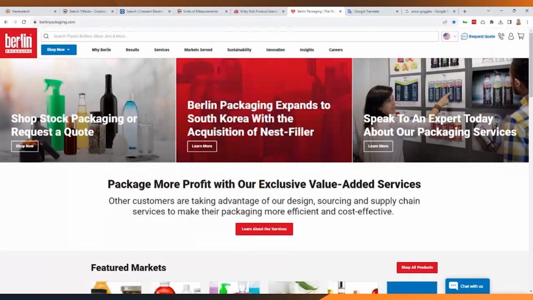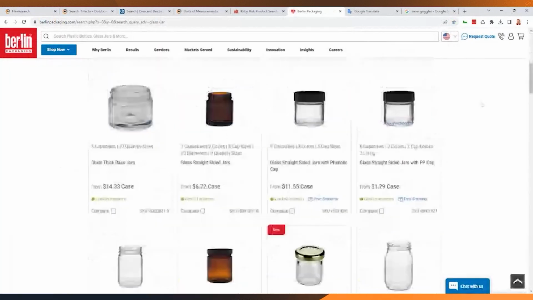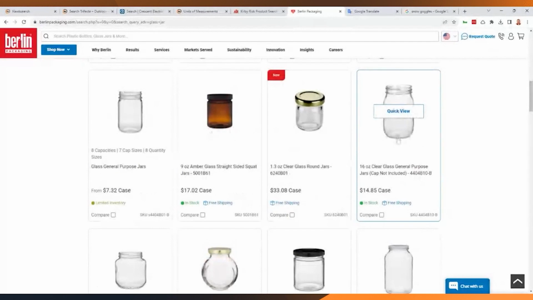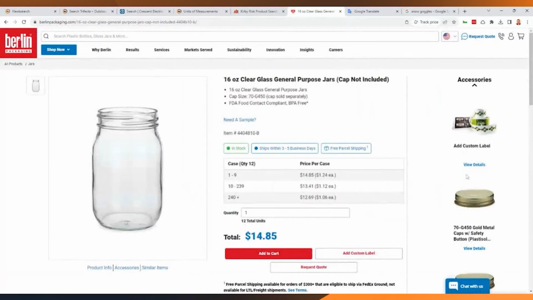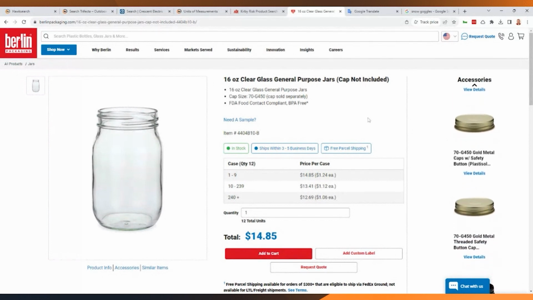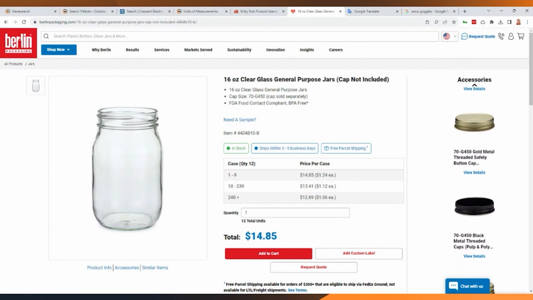So for a real quick example, let's get back some results here and showcase the actual product recommendations. Let's grab this 16-ounce jar and go into the product detail page. One of the things you're going to notice is that we are now on a product detail page, and HawkSearch is driving the recommendations listed here. These recommendations are driven through that relationship-based approach, but it's all data-driven, using machine learning to help understand what we should show.